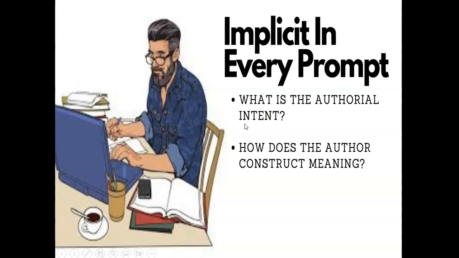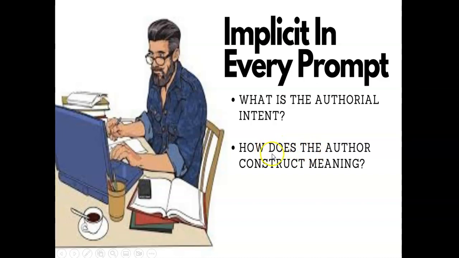So in literary analysis, what my students do is invert. They take 3 sentences to get to the authorial intent. 1 sentence construction of meaning. So whenever you drop your answer to construction of meaning, that's the pithiness of your thesis statement. So in literary analysis, you drop it last. In rhetorical analysis, you lead with how does the author construct meaning. So that's why it's declarative, because you're declaring the thesis out of the gate.